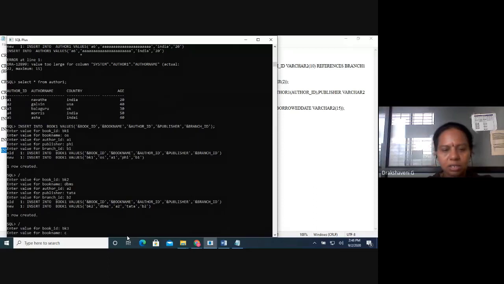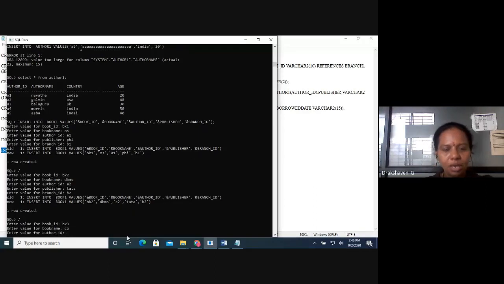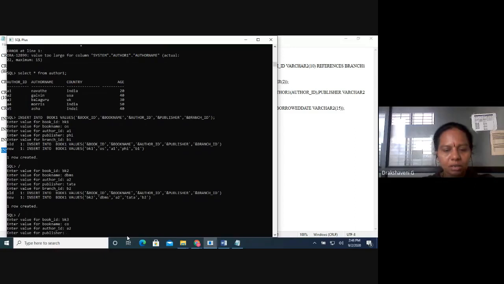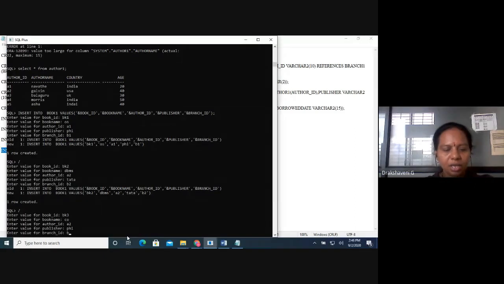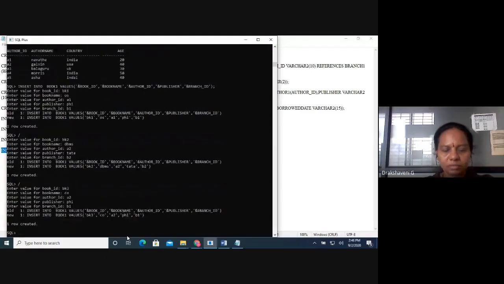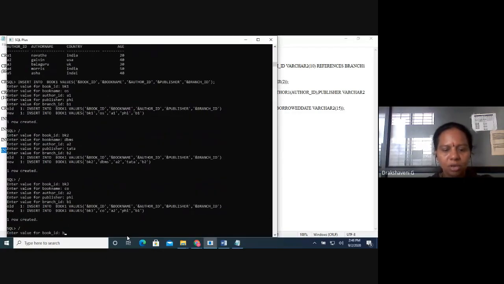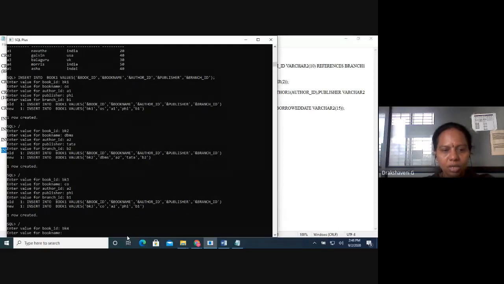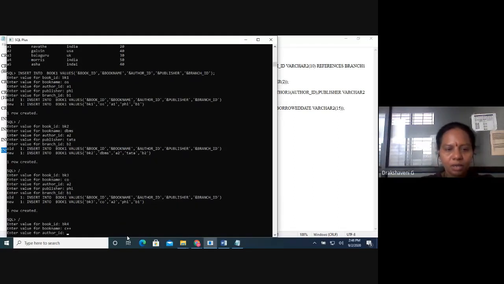DBMS, then CO, author ID A2, publisher PHI or some people. So that branch ID P1, that's done. So we have done with 3 rows. Now I want to enter one more. So book, then C++, author value or some person.